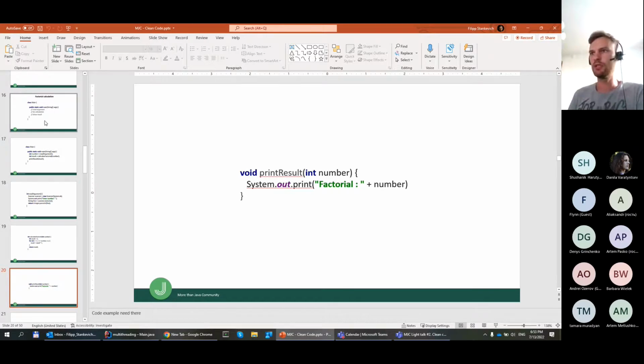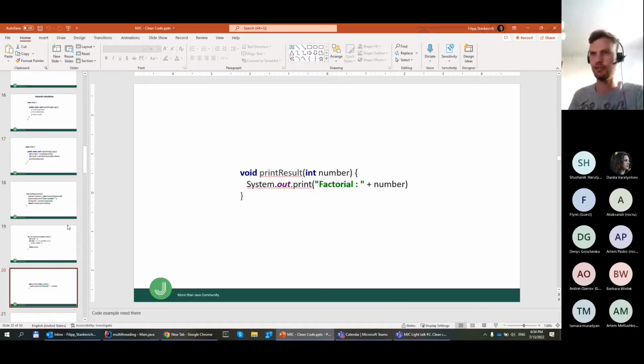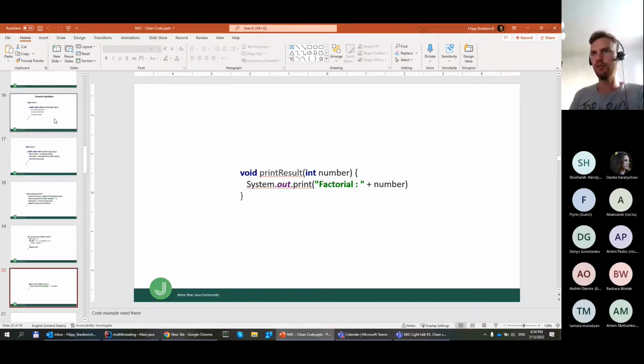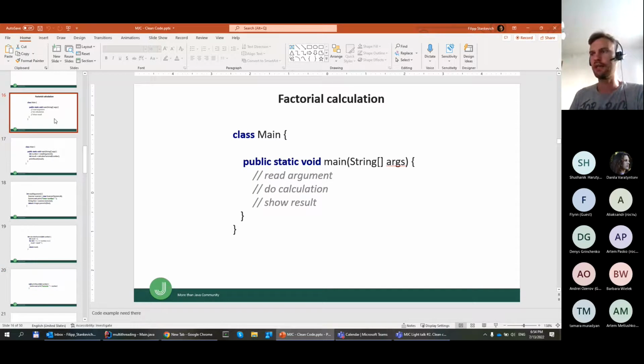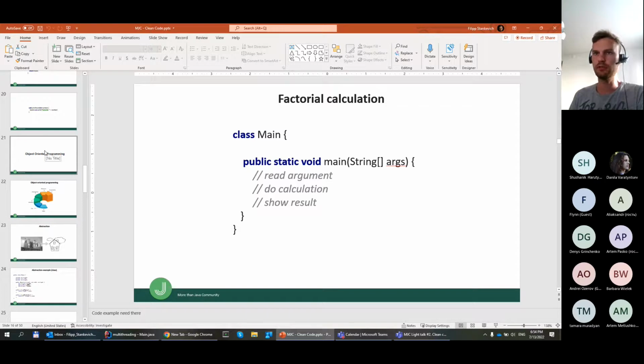So it's good that we have these methods independent. They exchange the data by passing and returning an argument, and I can call this program maintainable. So if I need to change how I print the result, I go here and change it. So it's called top-down approach. And I recommend it to everyone before you start writing the program. Try to write the pseudocode at first, and then convert it into smaller problems. So it was structural programming and